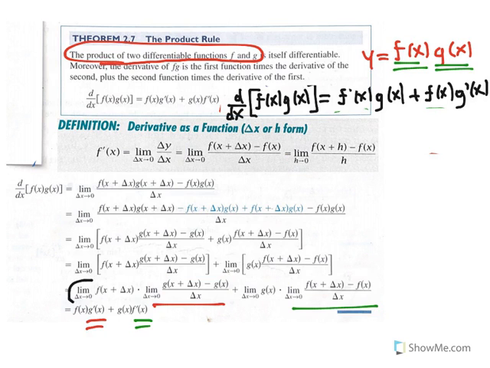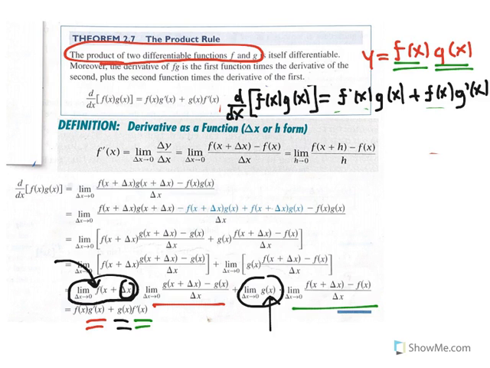So the only thing that's left is the limit as delta x goes to 0 of f of x plus delta x, and the limit of g of x as delta x goes to 0. You don't even see delta x here, so you just have g of x. And here you do see a delta x, but there's something in calculus that tells us, we haven't looked at this in this class, I don't think so, but if you have a function that's differentiable, and the function f is differentiable by assumption in our theorem,